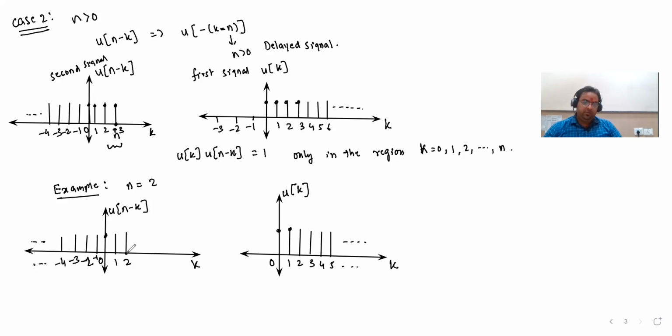Suppose we are taking k on the values k less than 0 in this region, that is basically k is less than or equal to -1. Means we are taking values -1, -2, -3, -4, and so on. Here also I take -1, -2, -3, and so on, all the values. So when we take the product of these values,